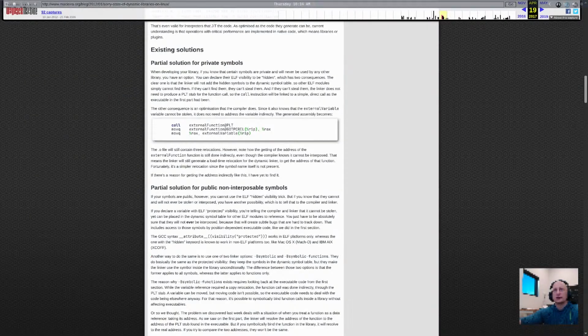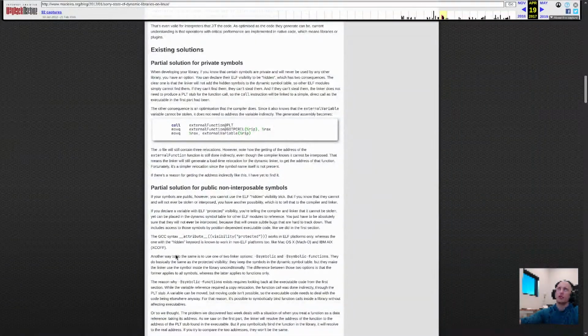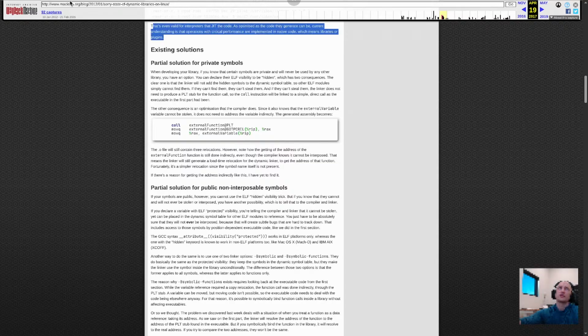All right. So last night I left off on reading this blog post on the sorry state of dynamic libraries on Linux. It's from 2012. Covers some of the reasons why position independent code is suboptimal, because it goes through the procedure link table and the global offset table